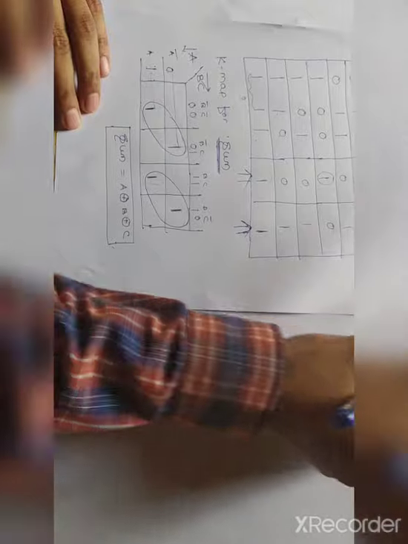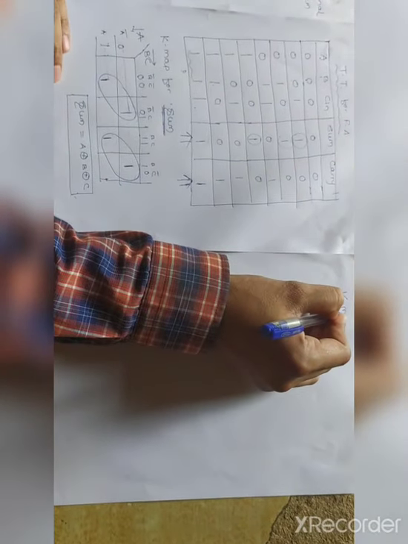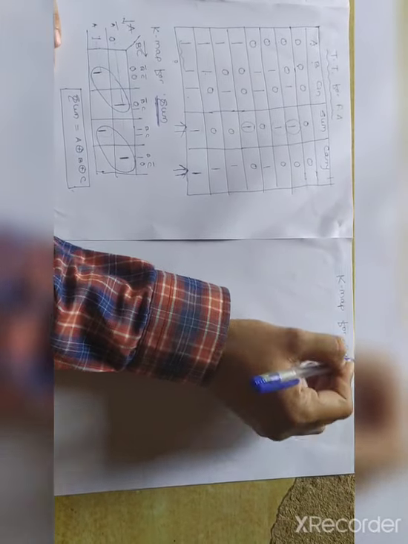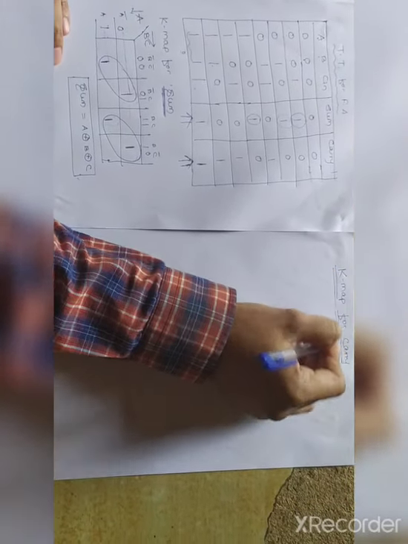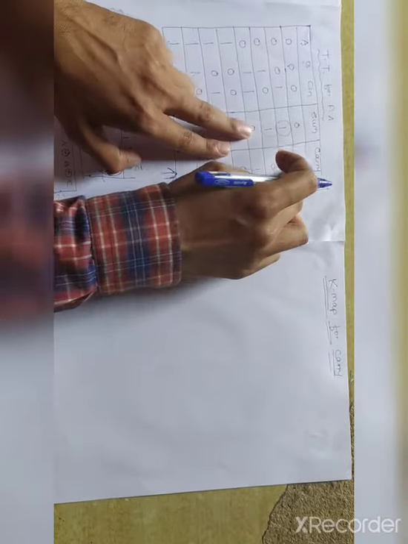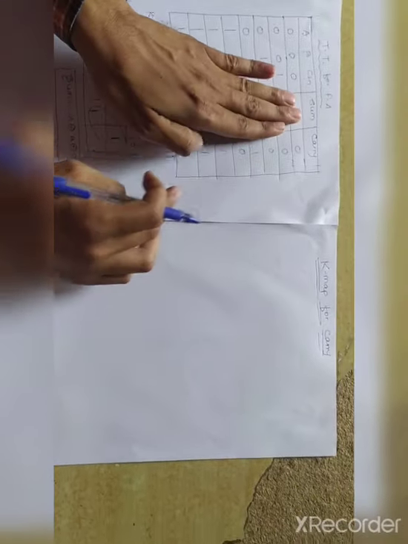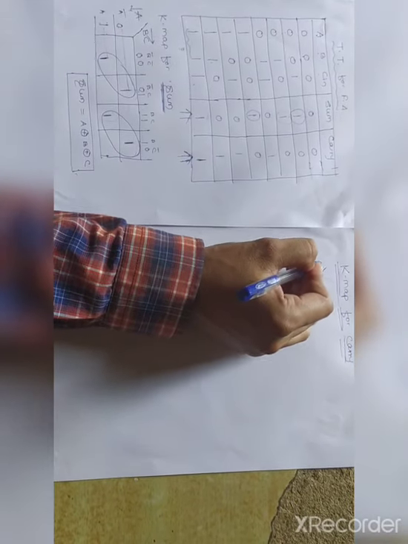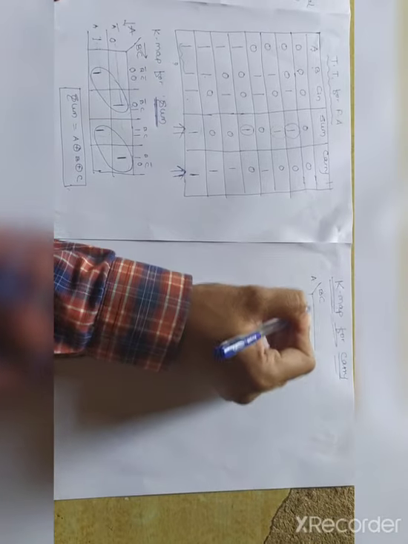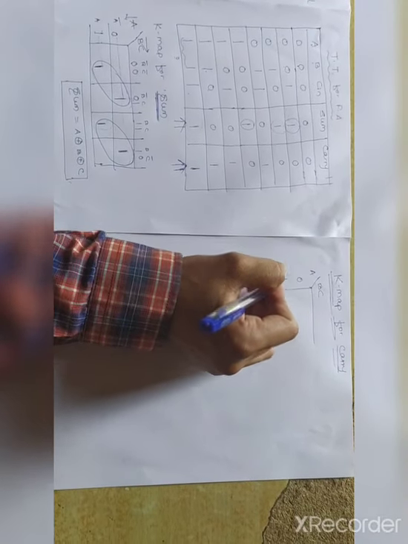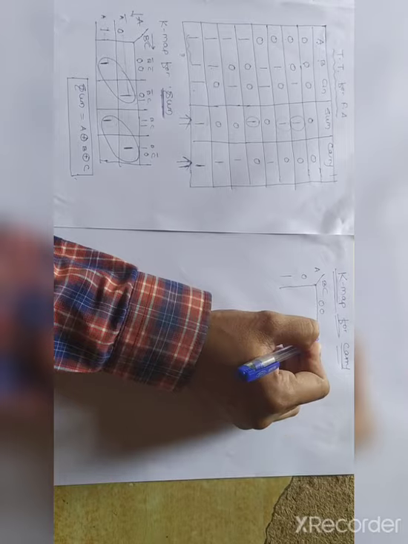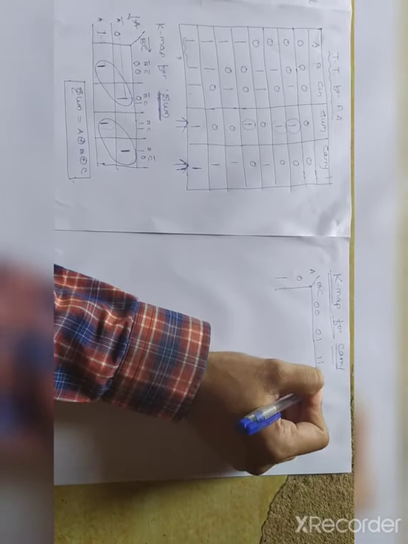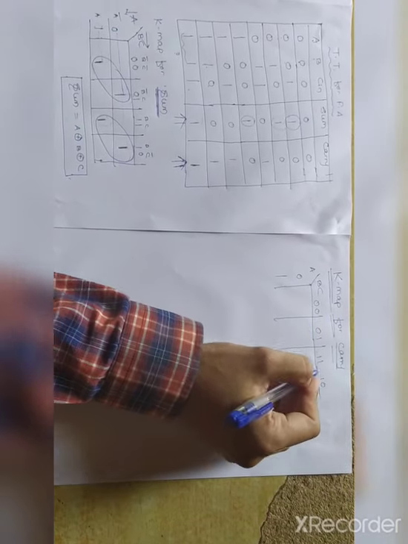Now the next is the K-map for carry. So you have to just consider the carry column. The inputs are A, B and C, these 3 are the inputs. You have to draw the K-map for this. A may be 0, it may be 1. BC may be 0 0, or 0 1, or 1 1. You have to write 1 1 before the 1 0. So K-map for carry.